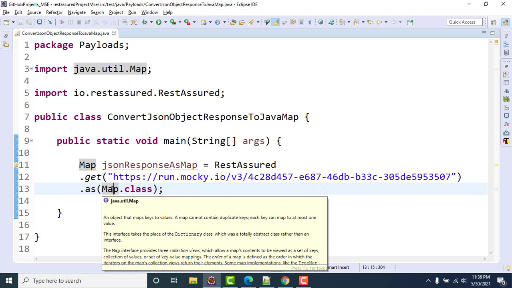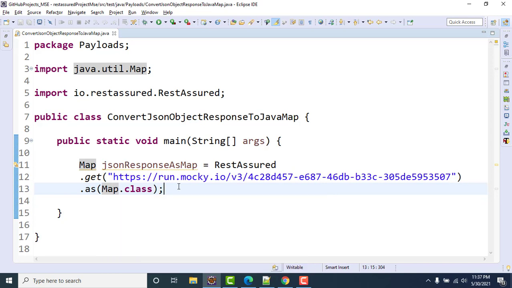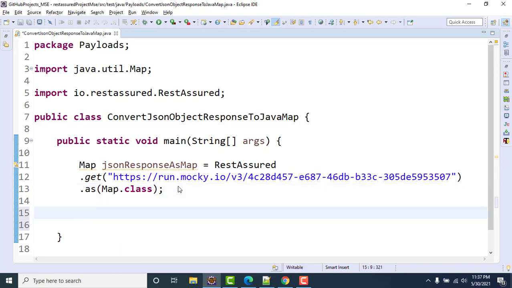Similar kind of things we perform there also, like if you're creating the page, or if you're initializing the page object, right? So there also we pass the class instance. If you're not sure what a class is in Java, I'll cover that in a different video, but as of now, whatever class we want to convert to, we need to use the class name, means type name dot class.